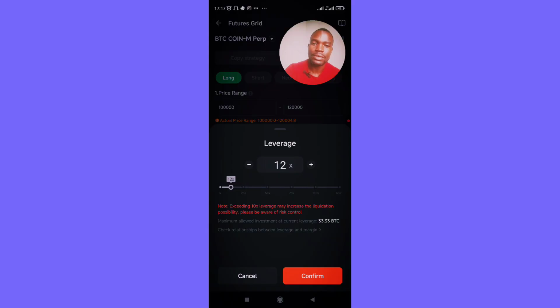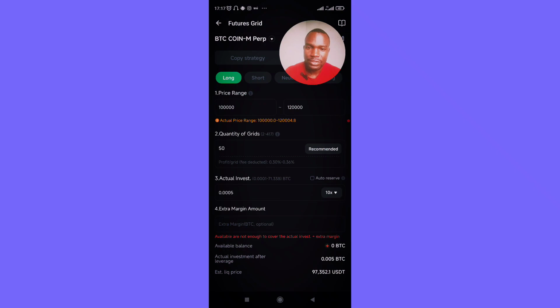So I can go with something like 10x, then I confirm. If I put 10x, then my investment amount is also reduced, because I'm borrowing more money from Pionex. That's what leverage actually means. Instead of using 0.0003, I'm in a position to use up to